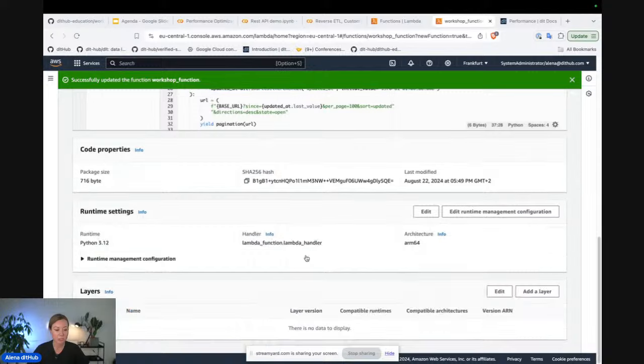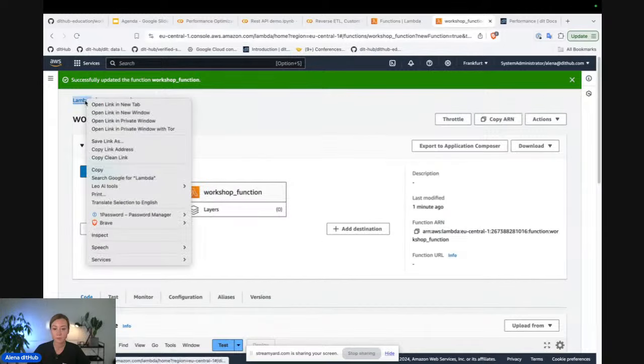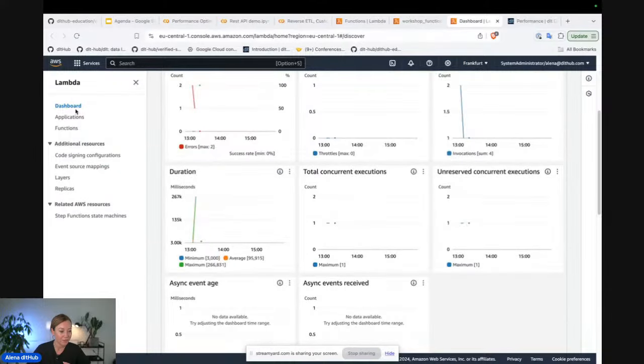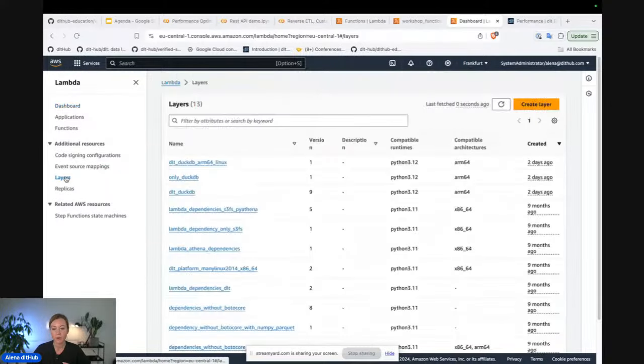For Lambda functions, they use layers. You can add a layer, but first we need to create one. Let's try to create a layer. Go to Lambda, pick layers, create layer,